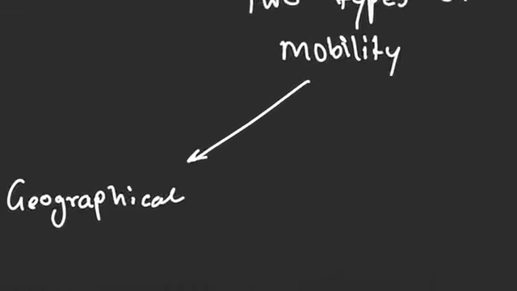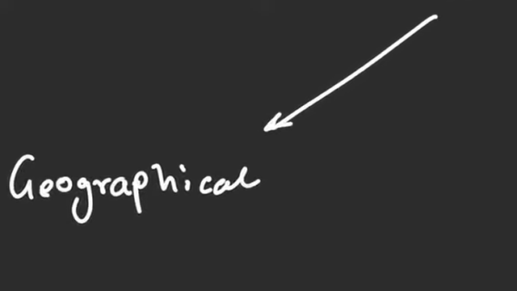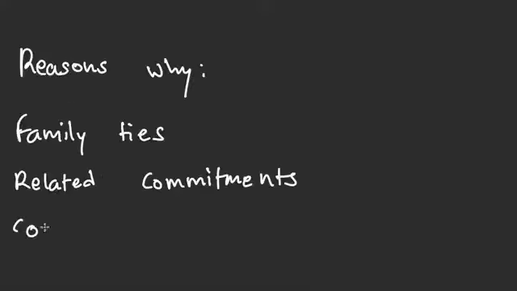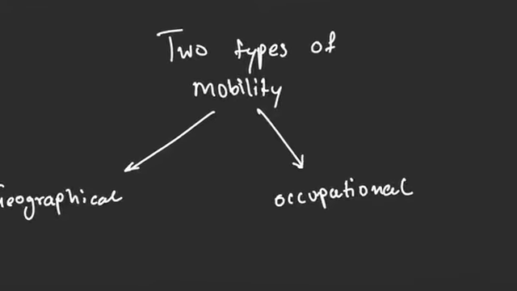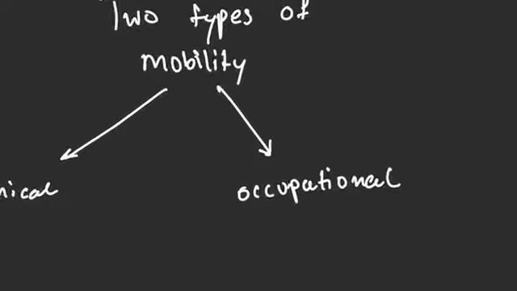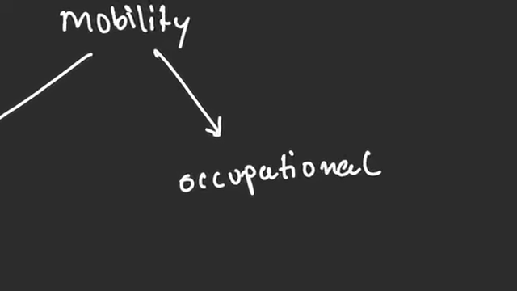We have 2 types of factors of mobility, and that is geographical mobility, which refers to the willingness of someone to relocate due to employment purposes. The reasons for this could be family ties, related commitments and cost of living, which are reasons why they would not want to relocate. Occupational mobility is simply when someone changes jobs, and this could vary according to cost, training period,